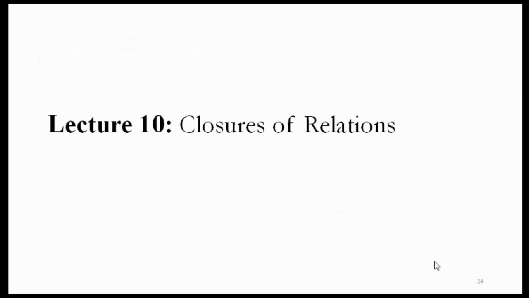Next, having understood this graph representation, we will go to the closure of relations. Closure means, as we have seen, for example, there is a subset called A. If you want to represent a closure of A, then CL of A, or A with a bar on top of that. So that means all intersecting points with the particular subset will be included in the closure. So that is the closure relation.